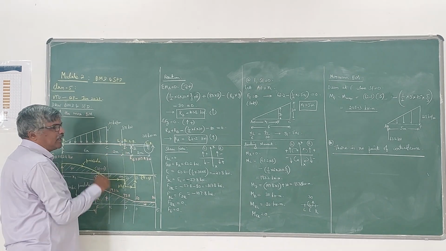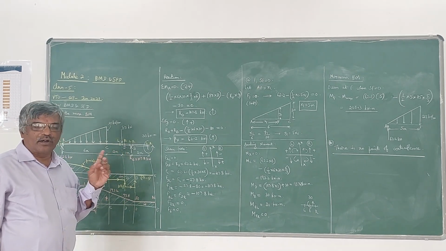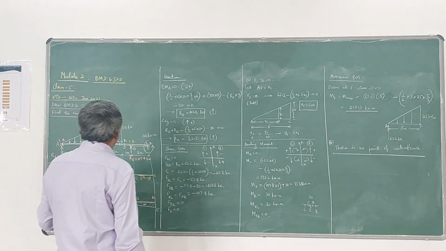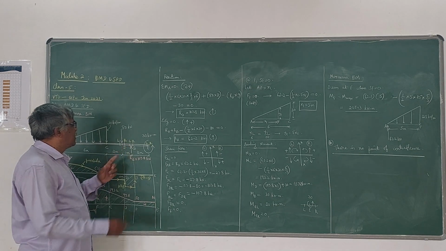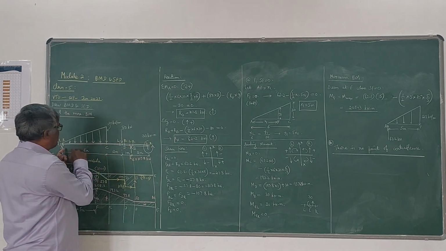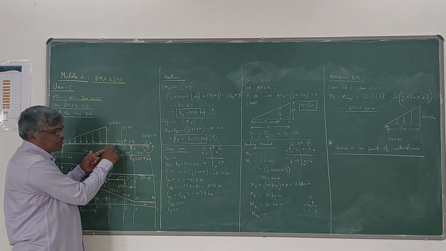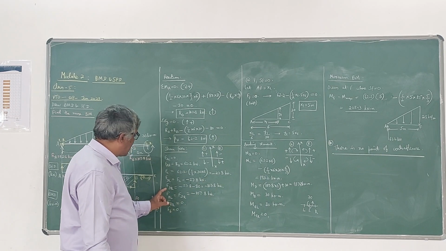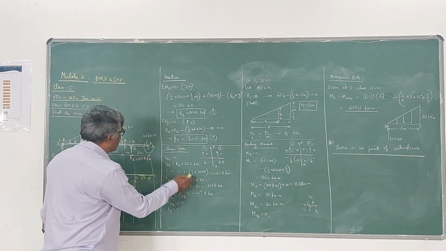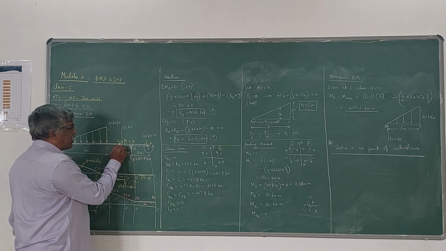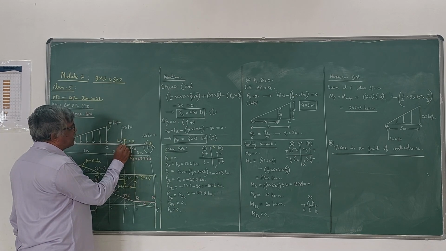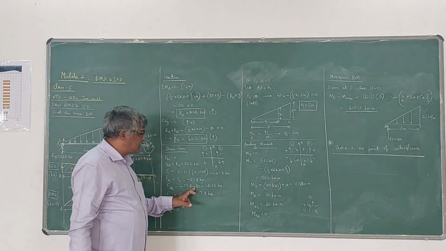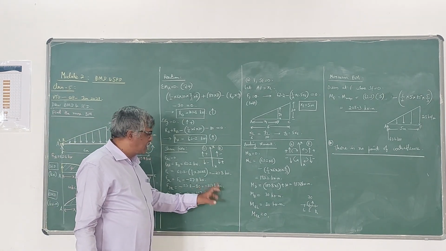Then come to this point D, where you have a concentrated load. I have told you that at the point where a concentrated load is acting, you have two values of shear force, one just to the left, one just to the right. If you take the left side of D, the shear force is the same as whatever you have got at C because there is no force from C to D. So FDL is the same as FC, minus 27.8. For FDR, up to this it is okay. Then at this point, if you see the left side, this 80 also you can see, it is on the left side downward, negative, so minus 80: minus 107.8 kN.